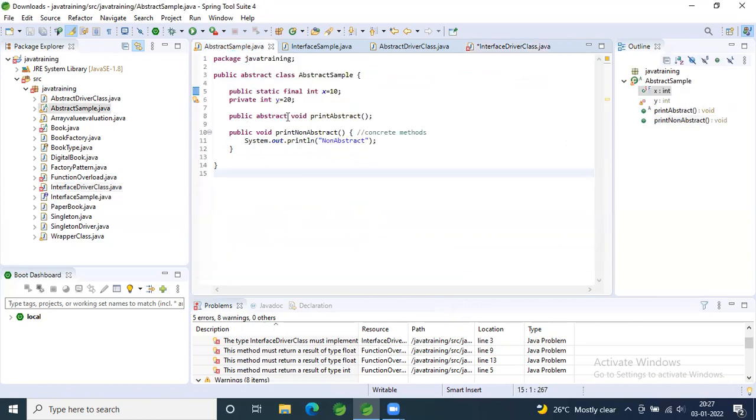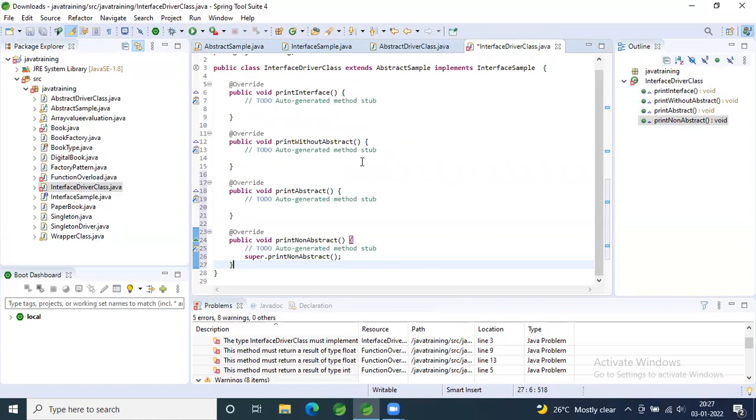There you haven't given any definition for your abstract method. So if you're not overriding it, then that particular method has no usage. But this is non-abstract, right? So for non-abstract methods, you don't need to override them. No issues. You can just make a call from your parent class as well.